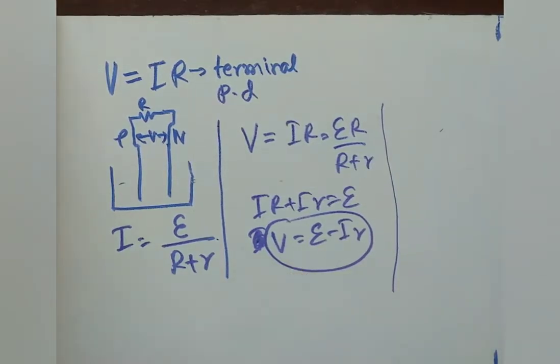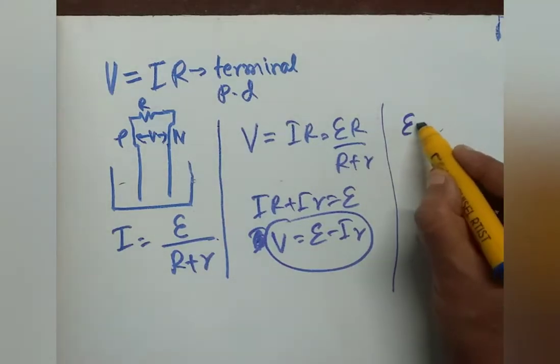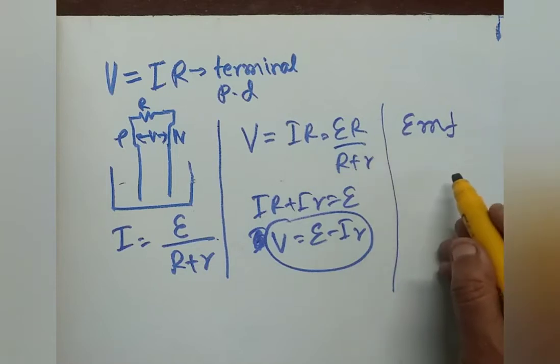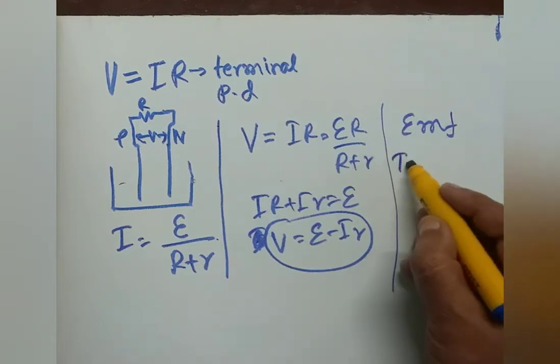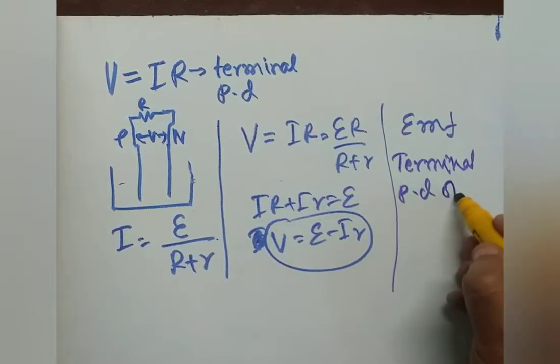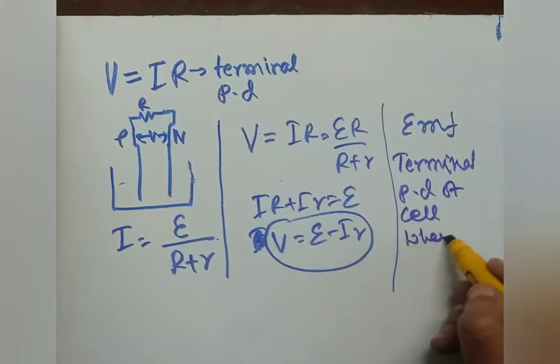This is another expression for terminal potential difference. So, terminal potential difference means the potential difference between the terminals of the cell, and its expression is given by V equals E minus I r when current is drawn from the battery. And also observe, using terminal potential difference, we can generate a definition for EMF. EMF is the terminal potential difference of the cell when no current is drawn. So, the definition of EMF, electromotive force of a cell, is the terminal potential difference of the cell when no current is drawn.